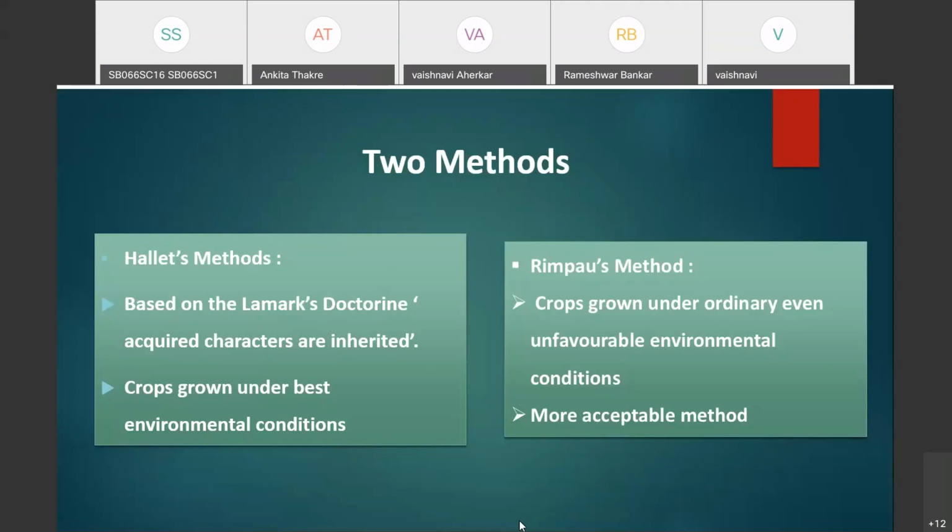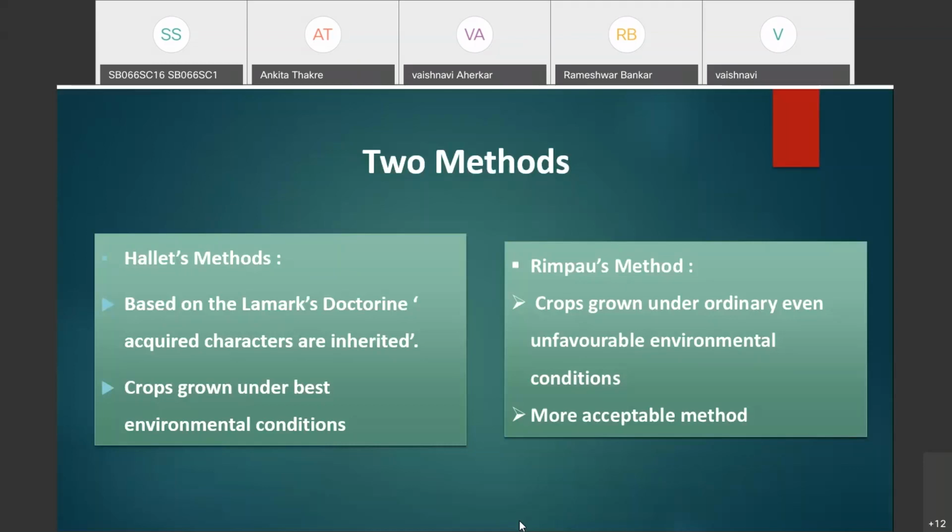Okay, this Rimpau method, it is more acceptable method because there are two reasons. The first reason, that it can be easily applicable or it can be easily used. Okay, that is the first reason. And the second reason is that the environmental variability which influences the different characters like the yield is greatly reduced, and the genetic variability is allowed to full expression. Okay, that means the characters, due to the genetic variability, can be transferred from one generation